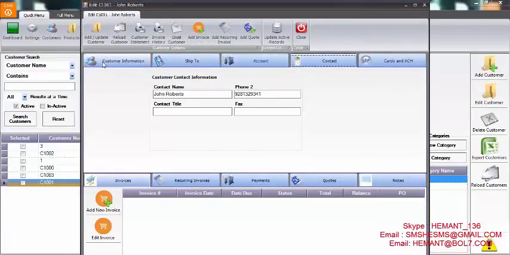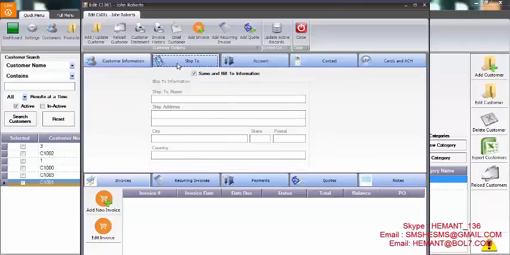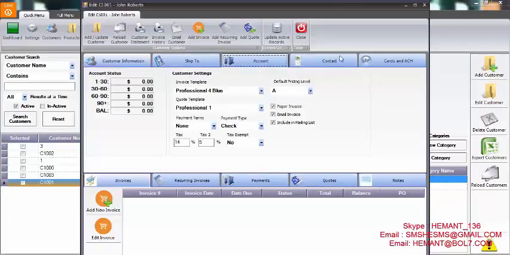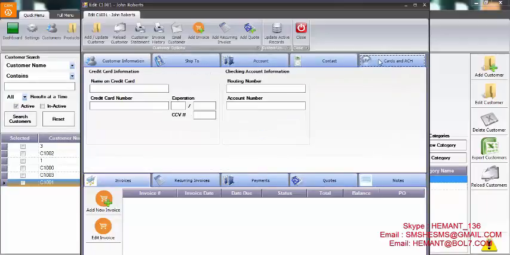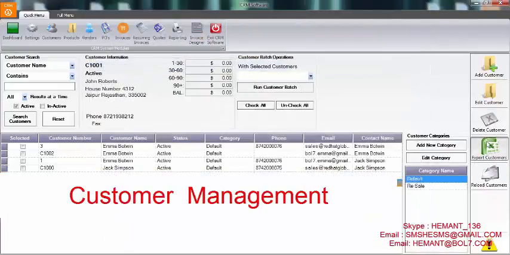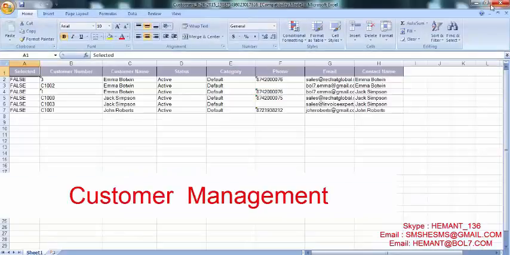You can fill the simple customer information, the ship to address, the account, the contact details, his cards and his online account number. All can be integrated here. An invoice can be added to the name of the person here. This is the whole thing where you can manage all your customers. This whole report can be generated through a simple Excel.